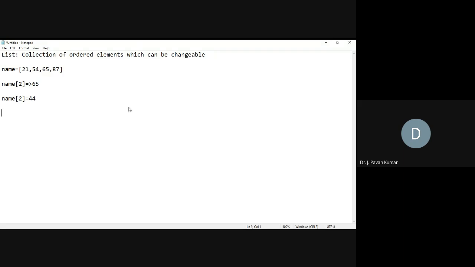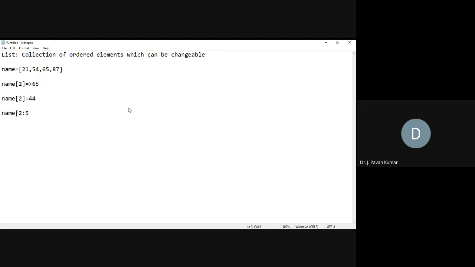If I give 2 to 4, then the 2nd and 3rd elements will be returned. Similarly, if I specify 1 to 3, then the 1st and 2nd will be returned. Not only a single element, we can specify a range.